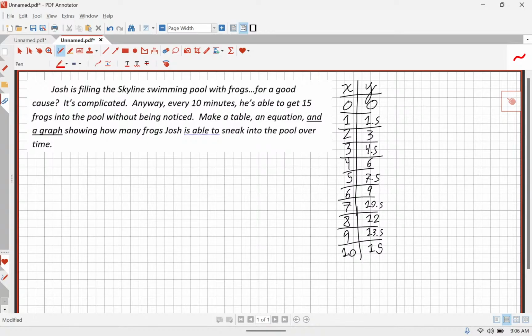How can you have half a frog? Again, if you cut a frog in half, either it's dead, and that doesn't count, or it's alive and it does, right? So go ahead and cross off 1 and 1.5. What other ones don't make sense, Ada? There you go. Perfect. Great. Excellent. Wonderful. Those ones don't make sense because you can't really have half a frog in a pool.